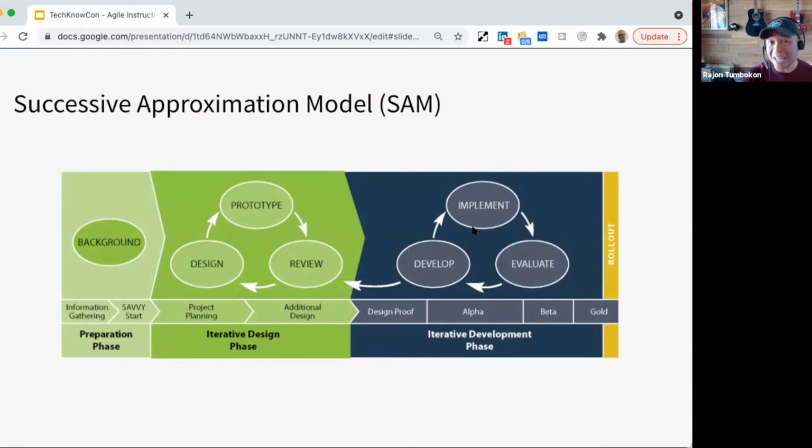There's the one that I learned is called SAM, which is Successive Approximation Model. This is from Michael Allen from that book, Leaving ADDIE for SAM. There's also another concept called LLAMA. I think it's like Agile methodology. There's many of them out there, but this is the one that I learned. They all basically follow the same principles. It's that iterative building and learning and evaluating. But this is kind of what that process looks like.